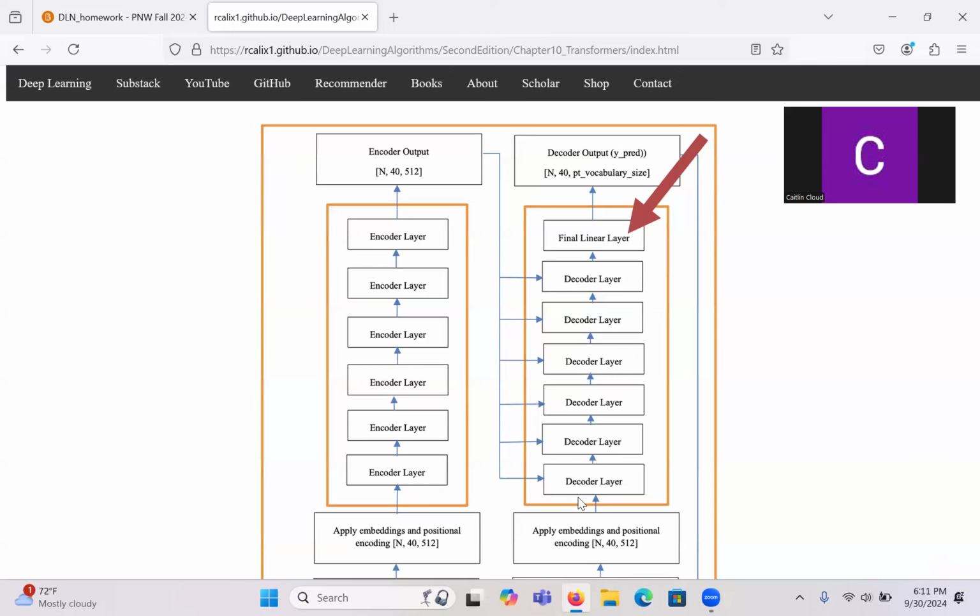Any questions? Yeah, please, sir. Yeah, go ahead. Every time we ask GPT,